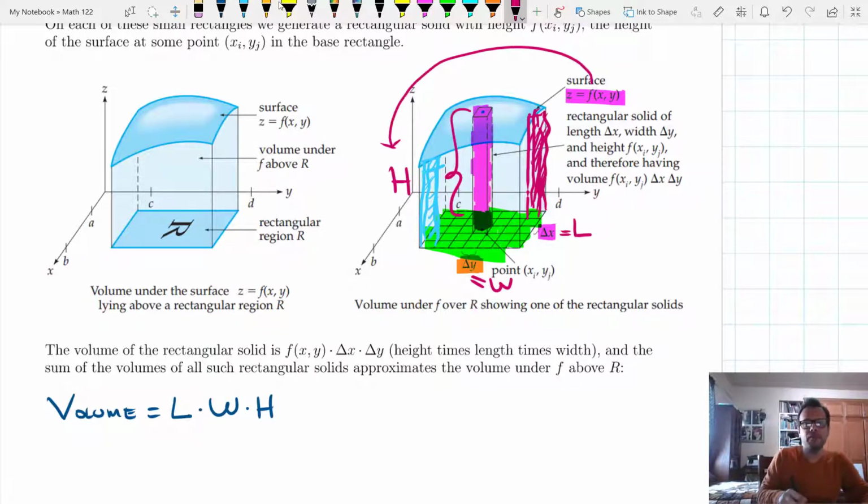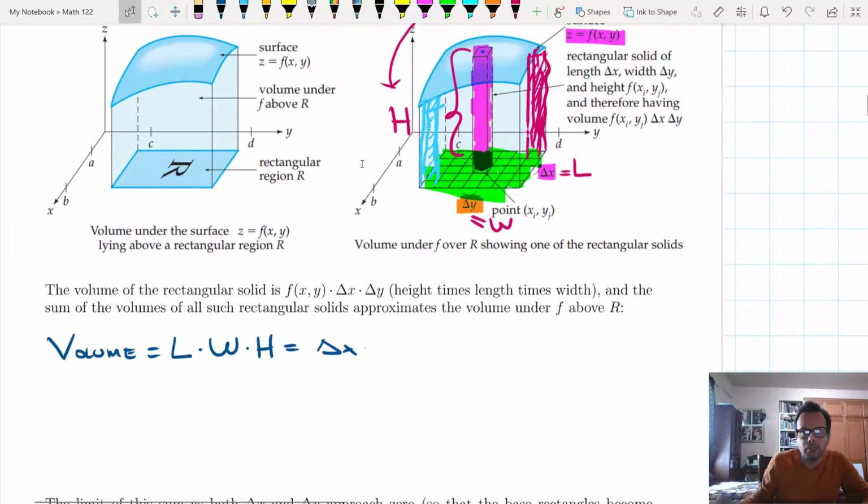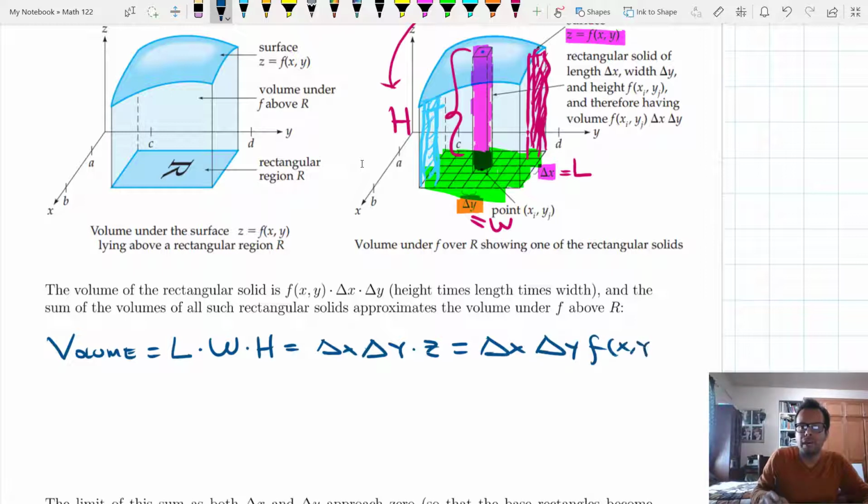So writing this in the following terms, we're going to have the length, which is delta x, times the width, which is delta y, times the height, which is z, right? But in this case, z is given by the function. Let me write it in terms of the function: delta x, delta y, and f of x, y. Notice this is what we have over here, right? That's the volume of the rectangular solid,